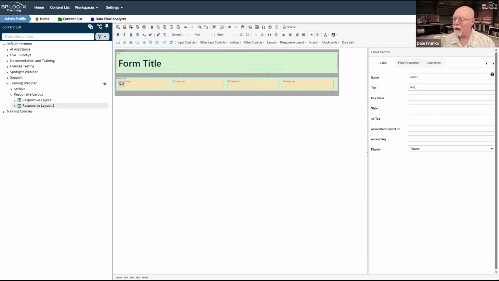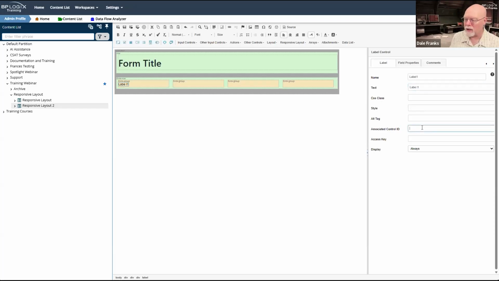So I'm going to drop that in there, and we will just call this label 1. And we're not even going to change the name, but as we always do for accessibility purposes, we are going to need to associate this with a control. So the next control that I create will most likely be input 2, but I am not going to get in the business of trying to figure out what the control automatic name is going to be. So I'm just going to call it input 1 here, and I'm just going to rename my input control that I am now going to place inside the container.